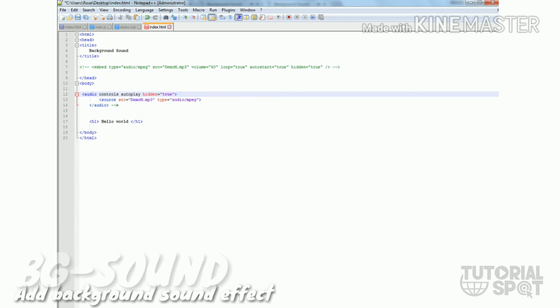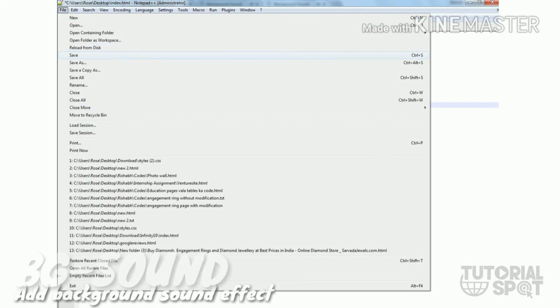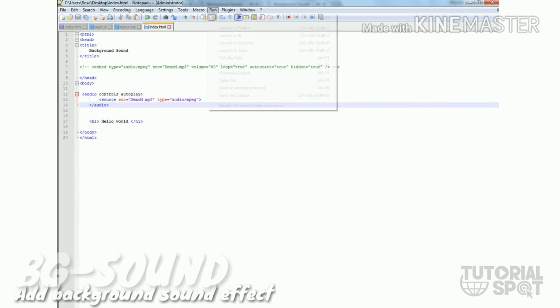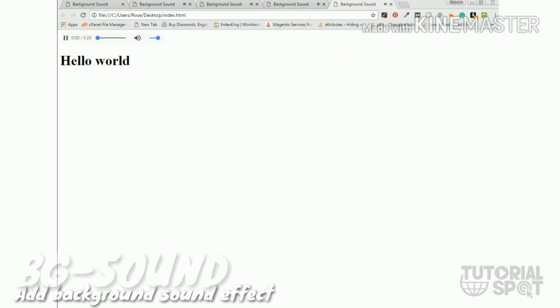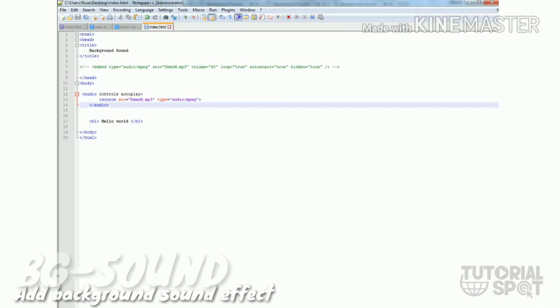Now I'm commenting this out, and making this audio tag active. In this audio tag I have just erased the hidden attribute for now, and save and run to see how it will look in the browser without hiding. So make run. Here you can see in this audio tag you have a volume control as well. So this is the whole control which comes with an audio tag, the audio element.